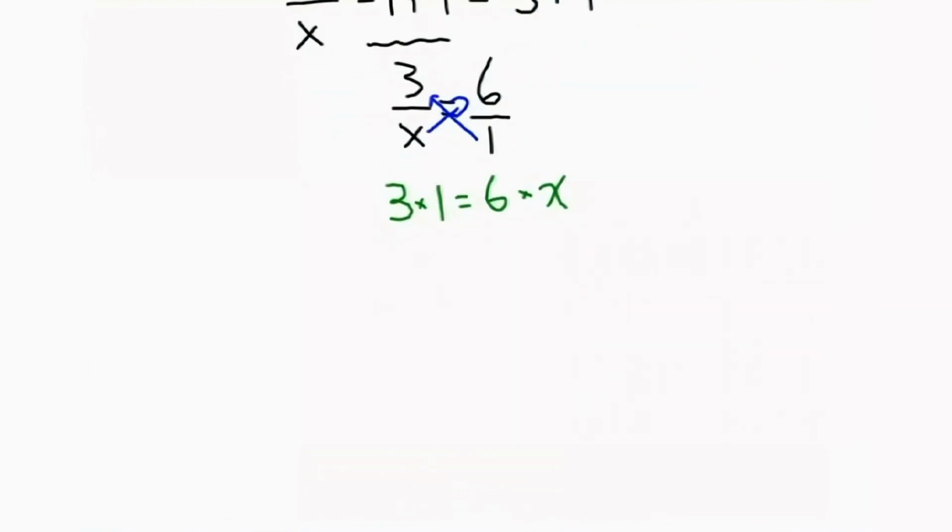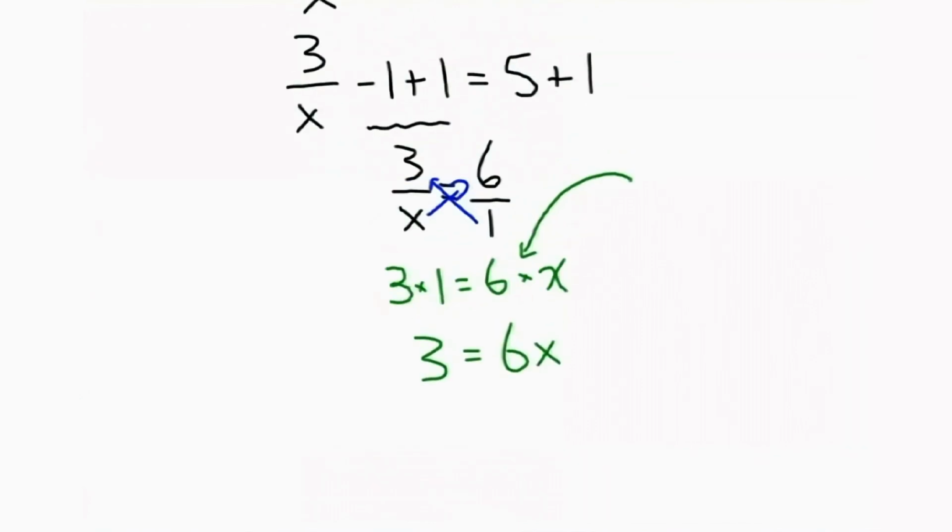And 3 times 1, simplifying the left-hand side here, is equal to 3. And 6 times x, remember, oftentimes we don't write this multiplication sign in the middle. And so 6 times x will be 6x. And so we've added one more step here, and you'll notice when the variable is in the denominator,